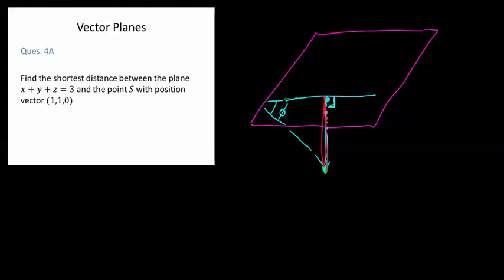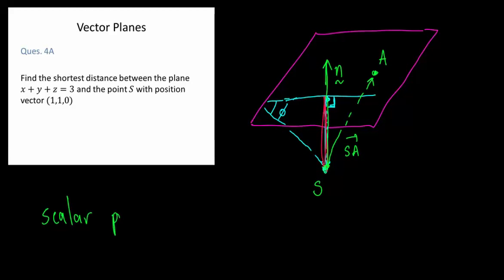The way to go about this one is to realize that any line perpendicular to the plane is in the direction of the normal vector to the plane. What we want to do is take any point on the plane, call it A, find a vector that connects S to A, which we'll call SA, and then we remember the properties of the scalar projection. The scalar projection of SA in the direction of the vector n is given by